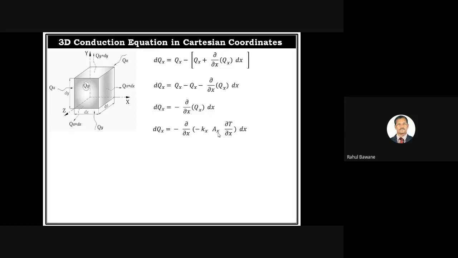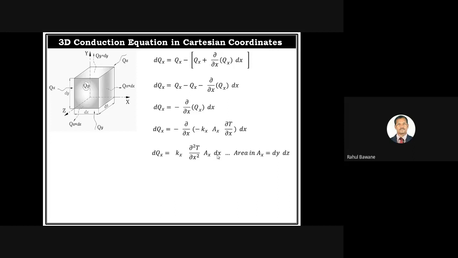Now what is the area when heat flows in the direction of x? The cross sectional area for direction x is dz multiplied by dy. So dy into dz. So put the value: minus minus becomes plus kx del square T upon del x square